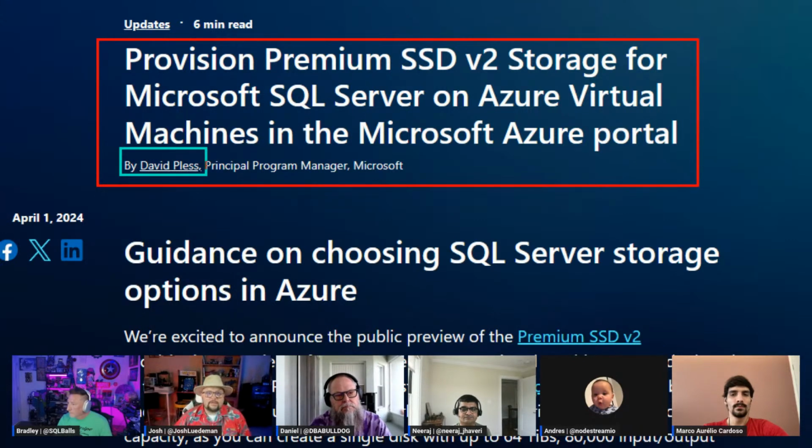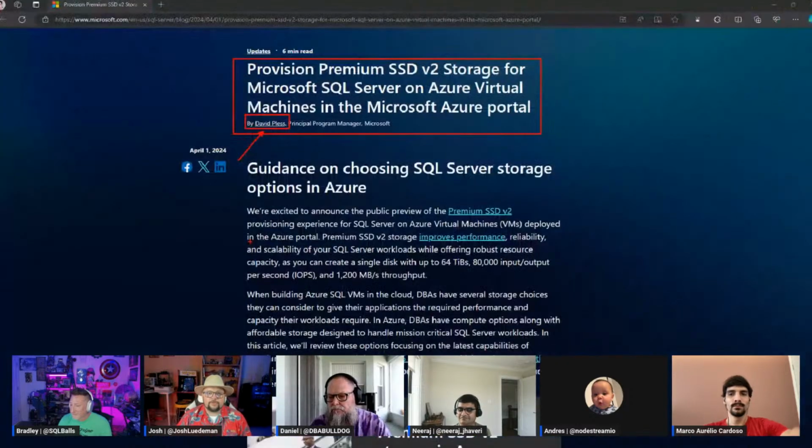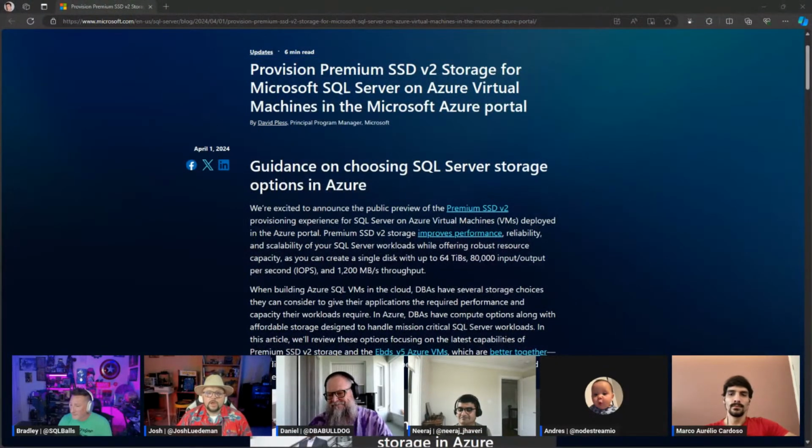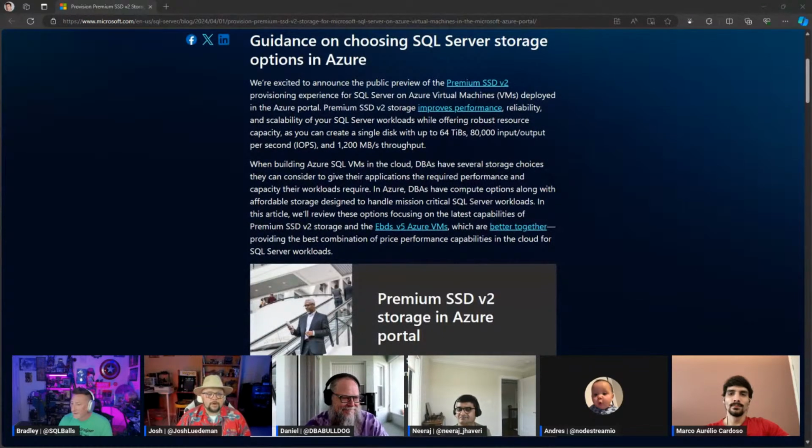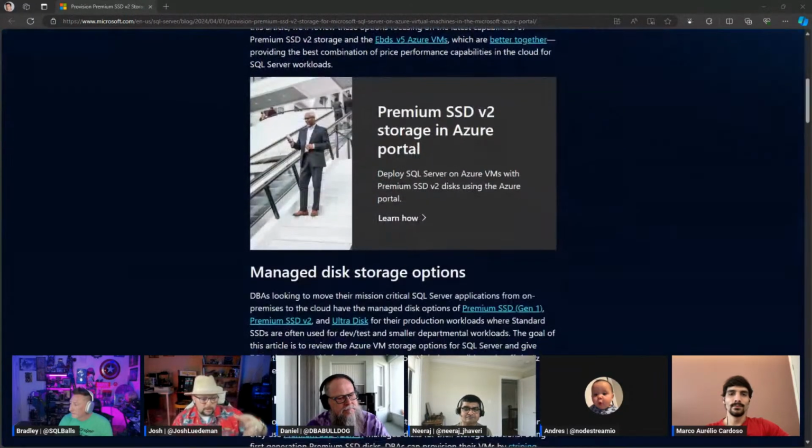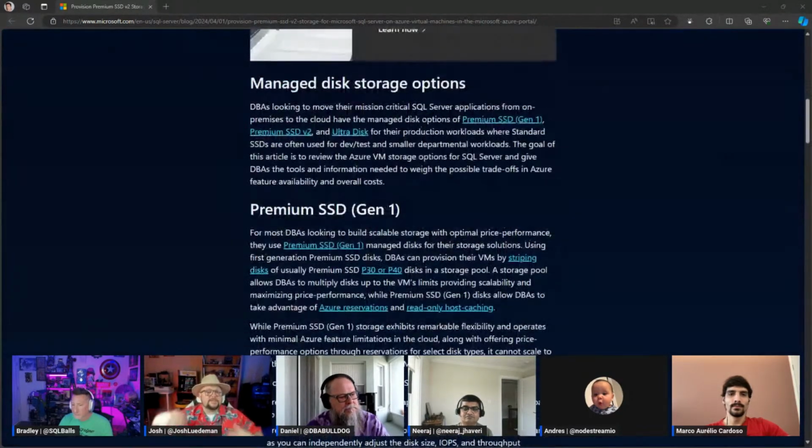So what David goes through here is a great article that, yes, we've done a few different times as a company, talking about storage options as far as SQL Server on virtual machines. But I also think, because of the evolving nature of the cloud and even storage in Azure, that it's something that has to be gone through again and again every once in a while, just to really update the guidance. And that's exactly what he does here.